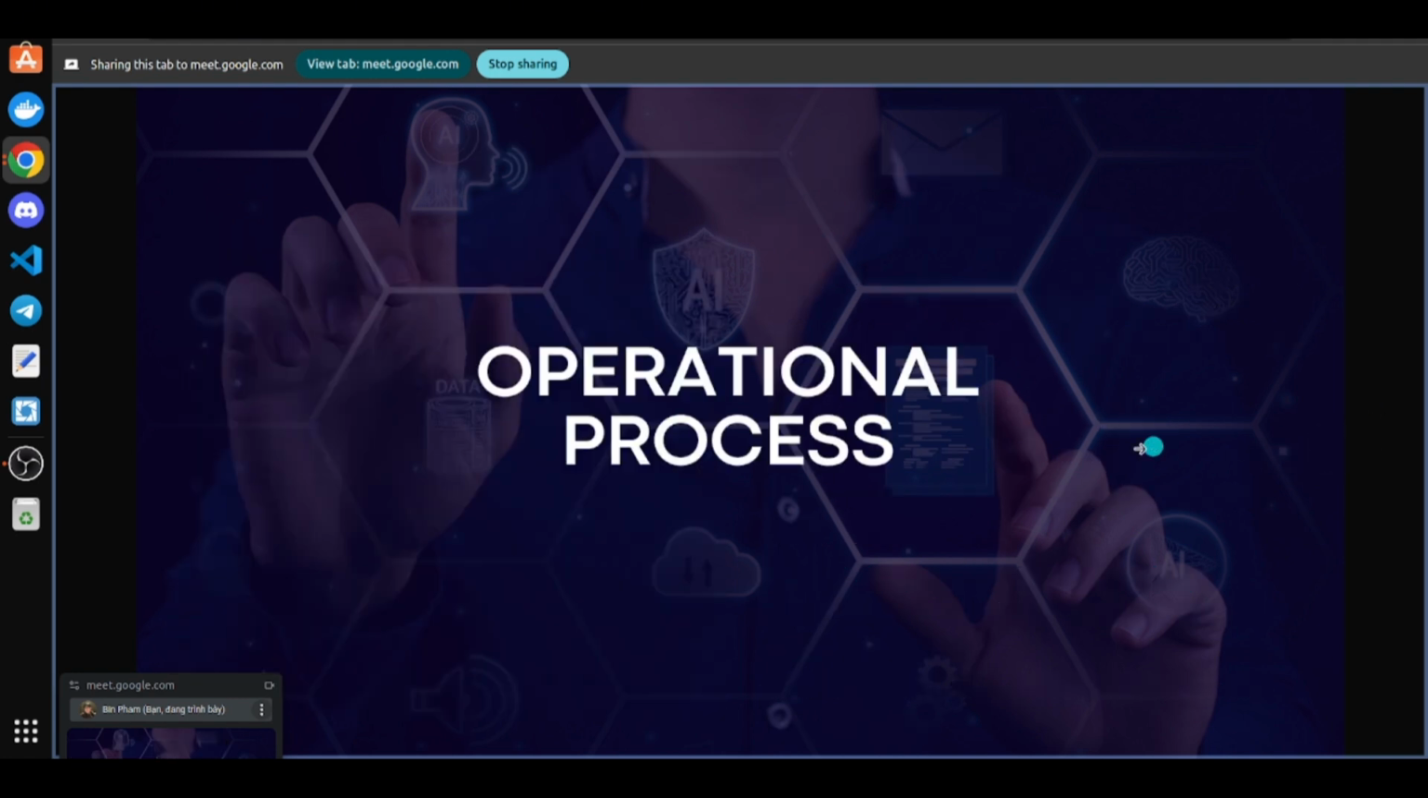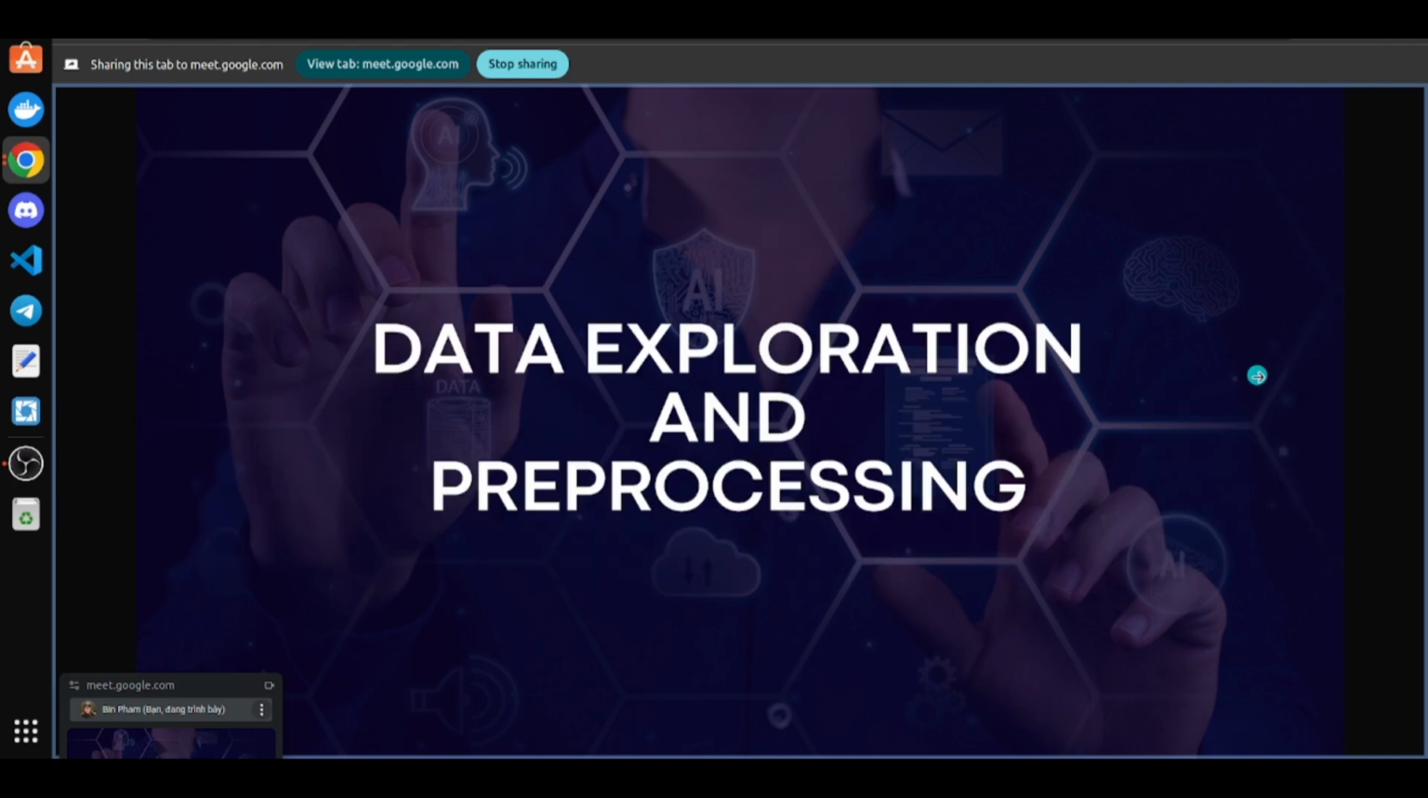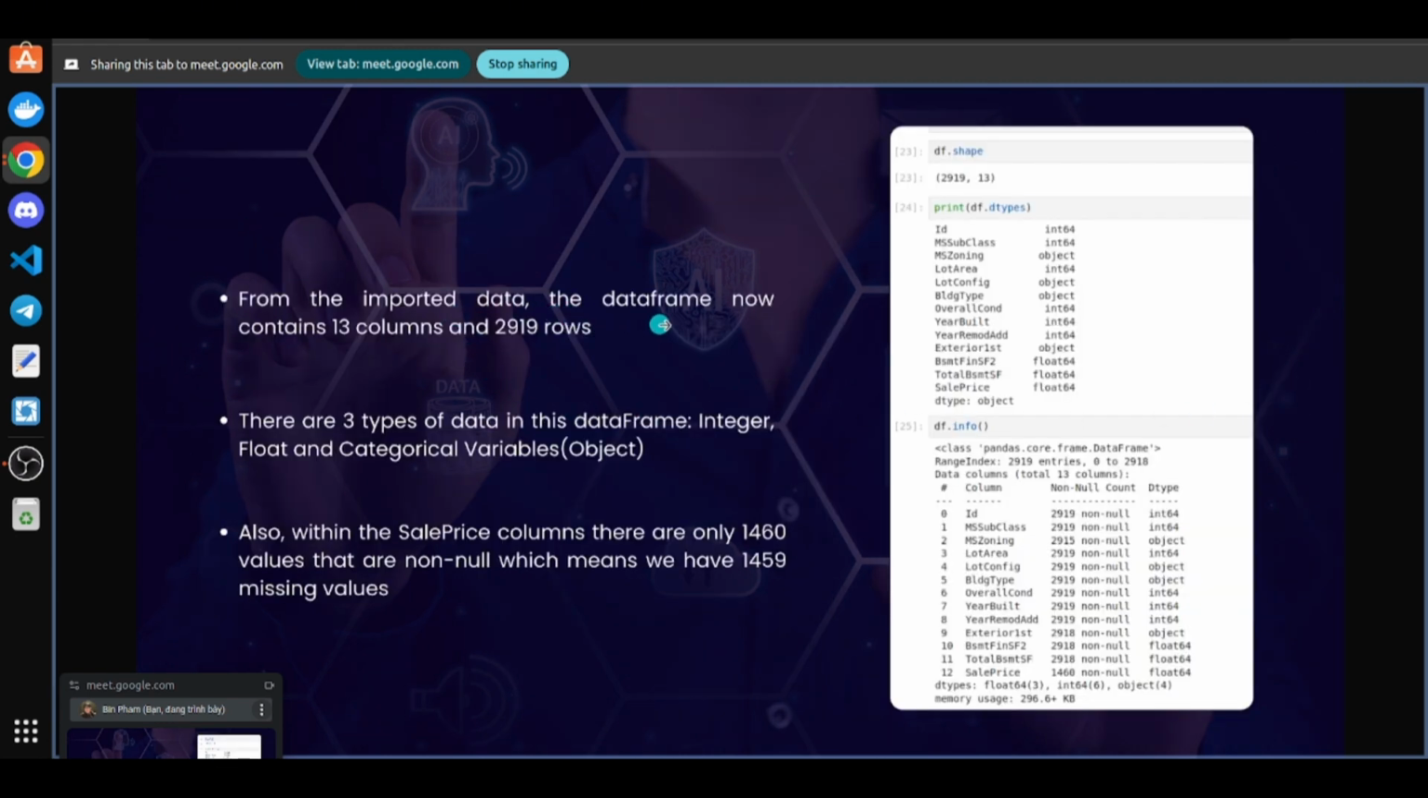So next will be the operational process. Here we have the workflow: data acquisition and cleaning, exploratory data analysis, model selection and training, model evaluation, and model deployment. For data exploration and preprocessing, first, from the imported data, we have seen that the data frame